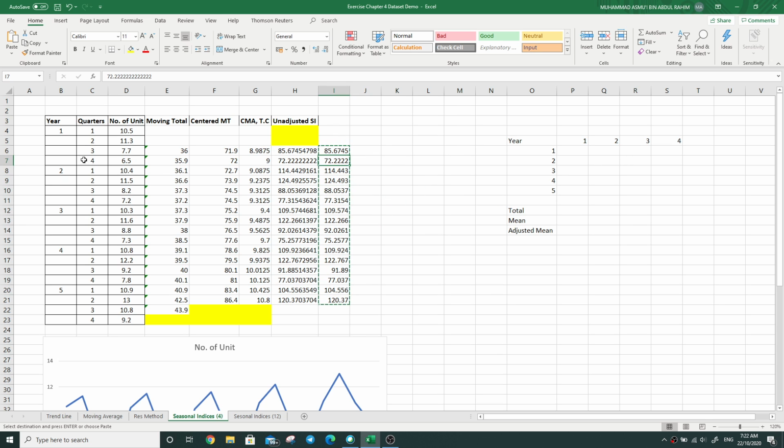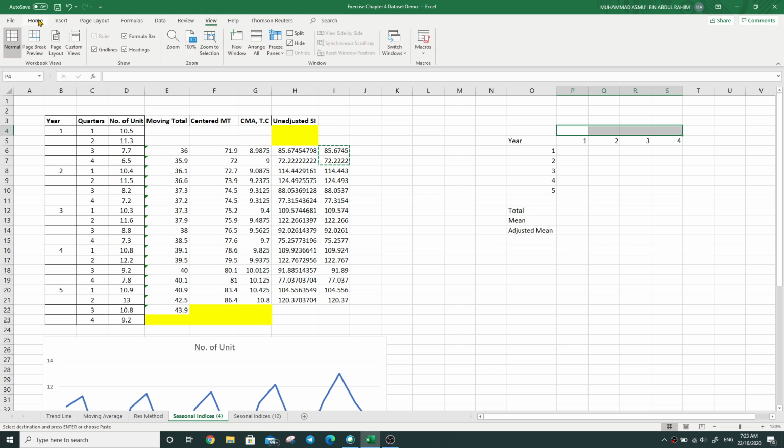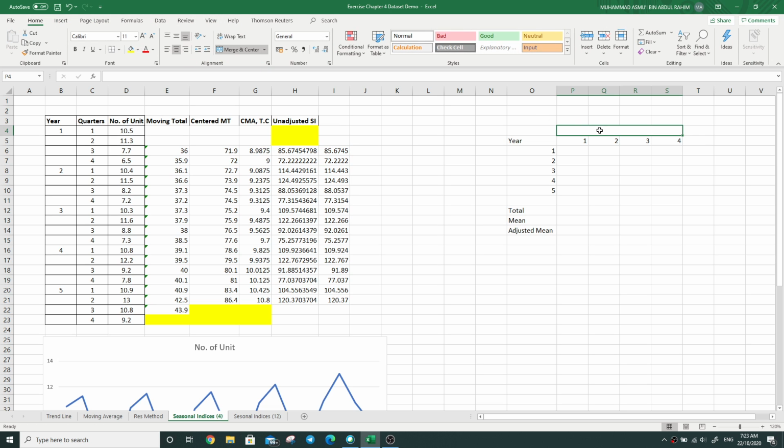Since we start at quarter 3 here, copy, and then this is for quarters. Since we start at quarter 3, copy the value and then